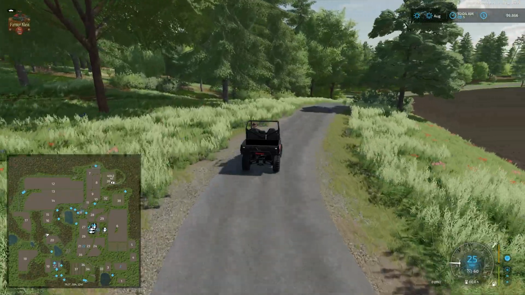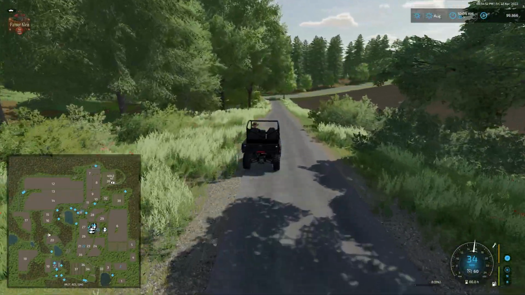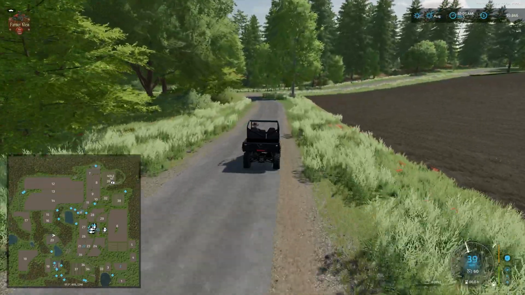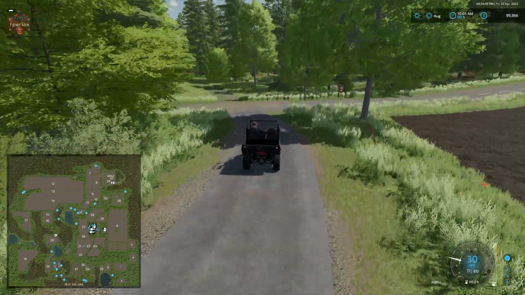Details abound around the map. We've got lots of forestry details, lots of details on the ground. Back there we had the windmill, where we had the details with respect to